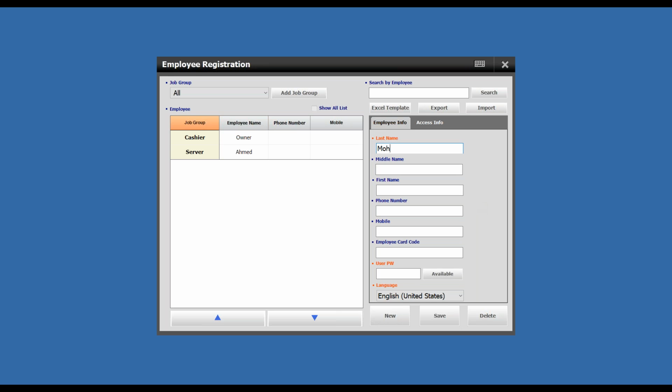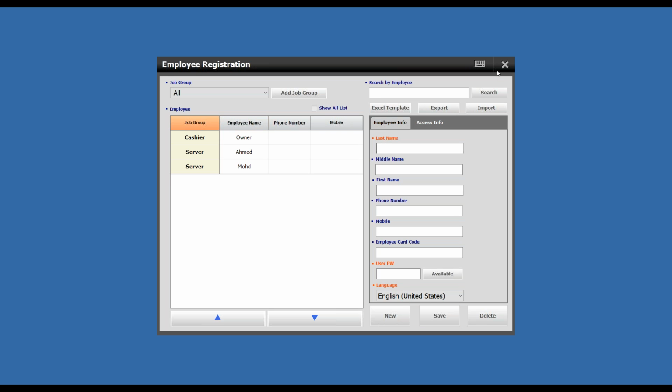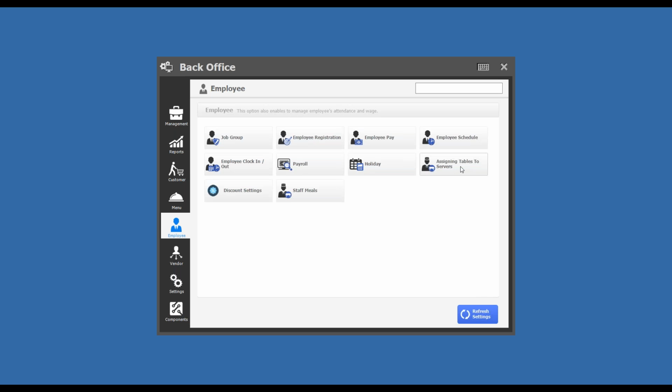And the second one we'll call him Ahmed. And we'll give him also the security level server, anything server, and the role should be waiter. And save. Okay, now